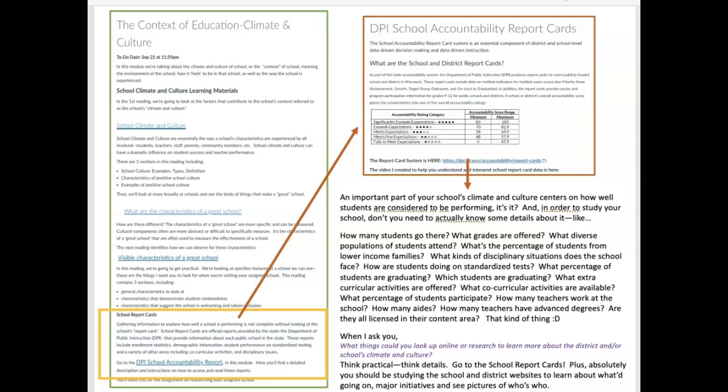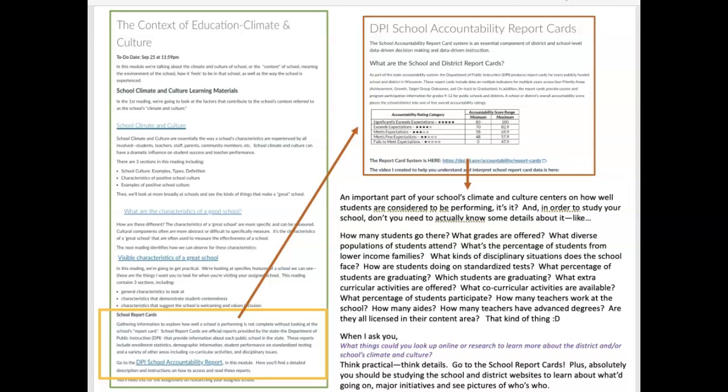And so now I want you to take a look at these school accountability report cards. I know some of you did in your 243 if you have Dr. Seawright. So yeah, this is the resource that I think you used for that. Here in the DPI website, you're going to be able to go in and find your school and your school district, all the schools in the district, and you're going to be able to find things like how many